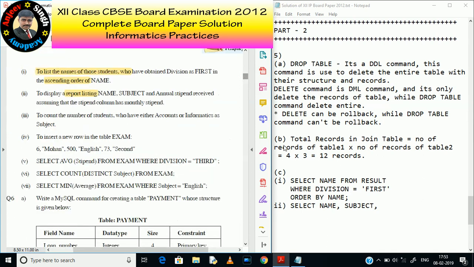So what is the final query of this? Select name, subject, annual stipend, meaning stipend multiplied by 12 as annual stipend from result;